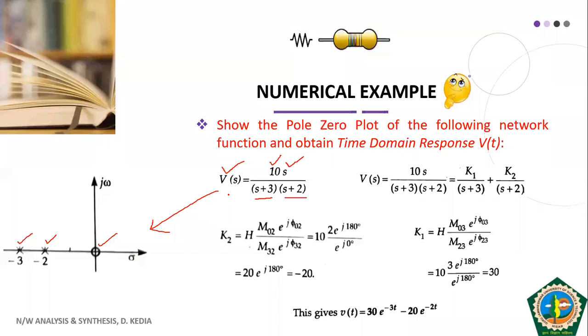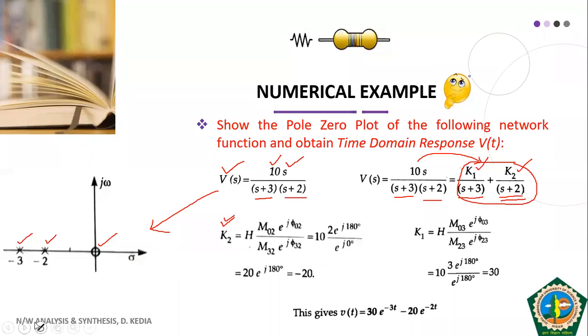from the network function. Then after this, I told you that the network function will be split into partial fractions. So that is what we have done. We have written k1 by (s+3), one factor, plus k2 by (s+2), that is another factor. Now our job is to obtain k1 and k2 graphically from this. So how do we do that? First, in the solution, k2 is obtained. In order to obtain k2, you see here, k2 corresponds to the pole s equal to -2.